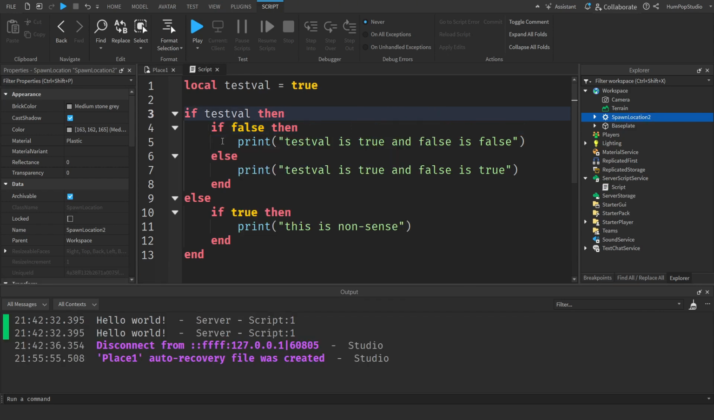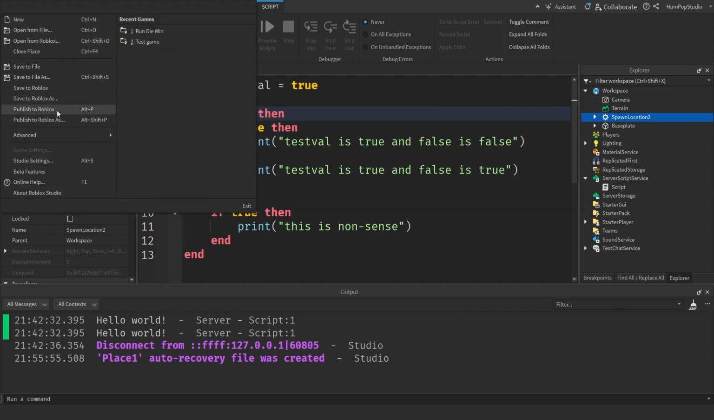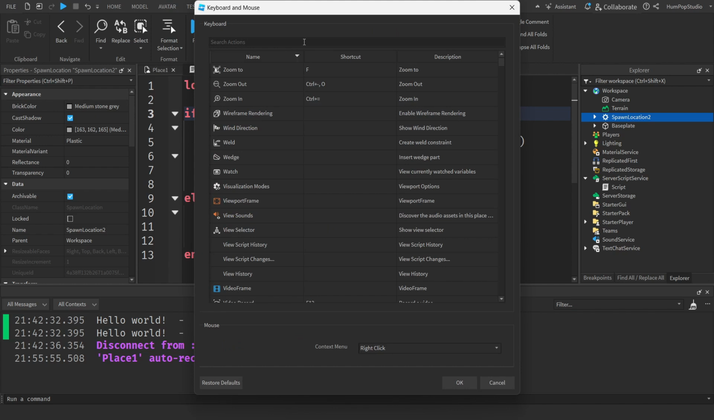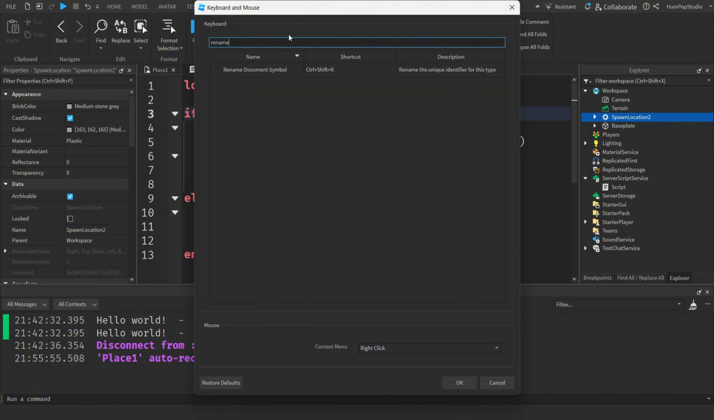But before we go, I wanted to cover this. If we come up to File, Advanced, Customize Shortcuts, as I've got selected here, remember earlier I told you about Control-Shift-R to rename? You can change this to be whatever you want. If I get rid of rename,